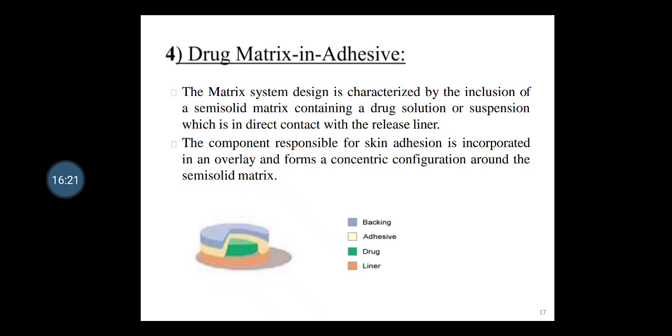these matrix patches are similar to, and less visible than, the reservoir patches. In this matrix, the active medication, the film that controls the release of medication, and the adhesive backings are integrated into one layer. Other patches available today, such as hormone replacement therapy and smoking cessation patches, use this matrix design. So it is obviously available in the market.